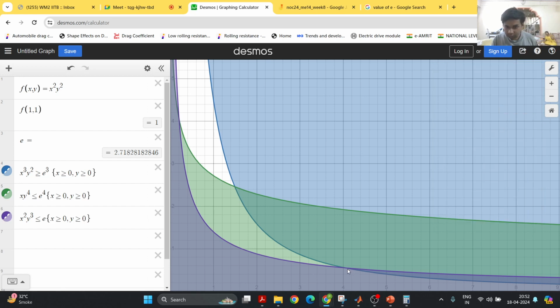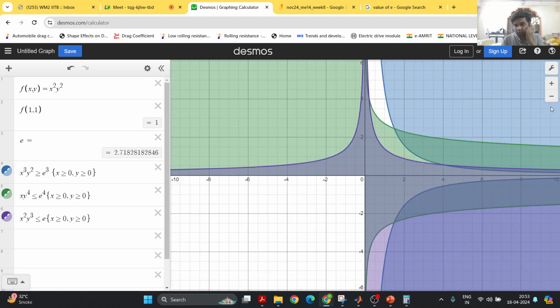So our intersection points, is it able to locate here in this case? I don't think so. You just click at the intersection point. It should give you. So it has given earlier, right? It gave earlier, but right now it's not giving for some reason. I'm not sure. Maybe it is because of